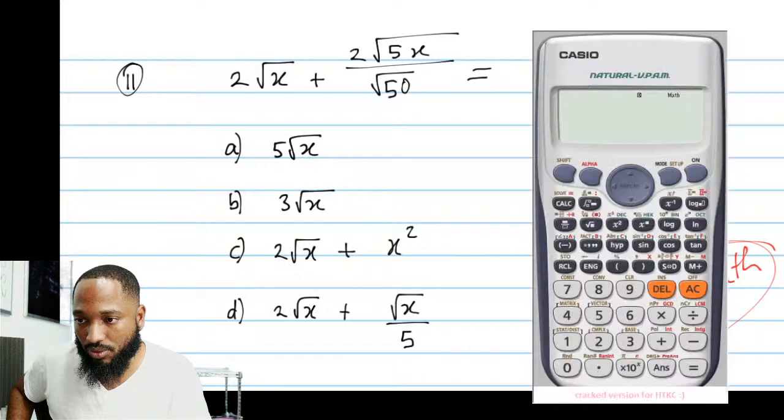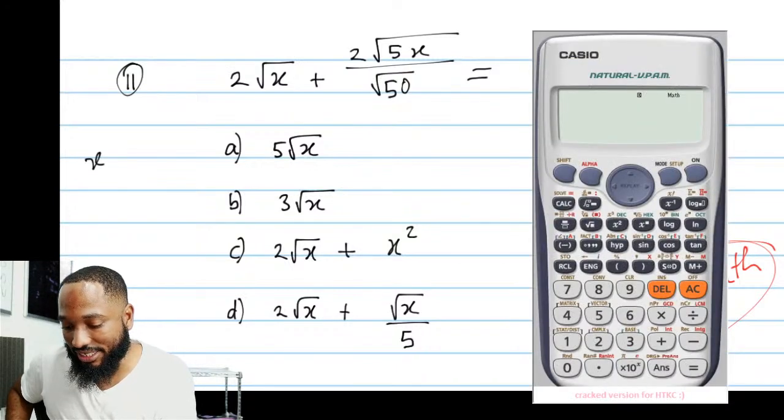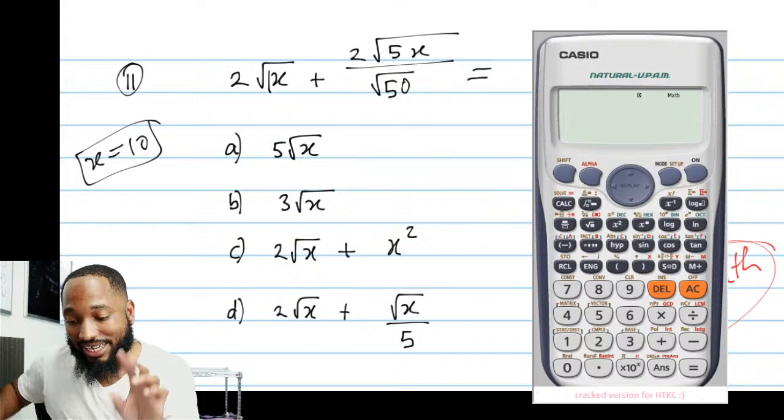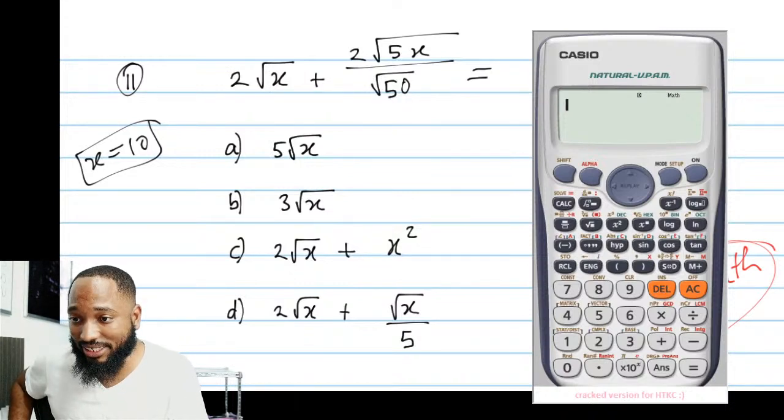So let's say x is 10. I just let x be 10. So I'm going to put 10 there, put 10 there, and put 10 here, put 10 there, and see which one equates. That's hacking the question. It's not that hard to do. Most questions have, as I said, the harder the maths gets, the easier it is to come up with a way to weasel the question.